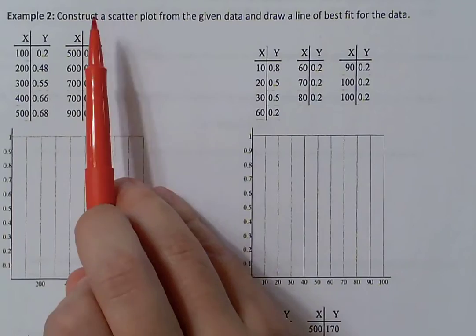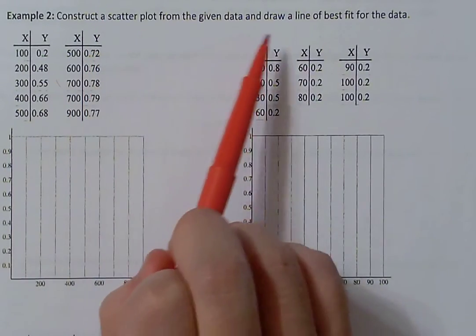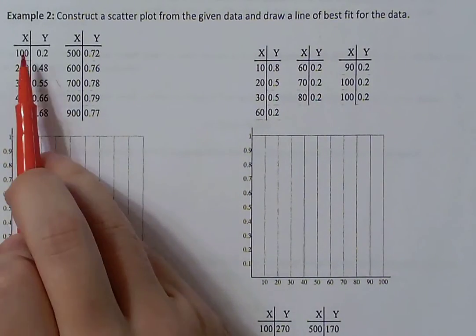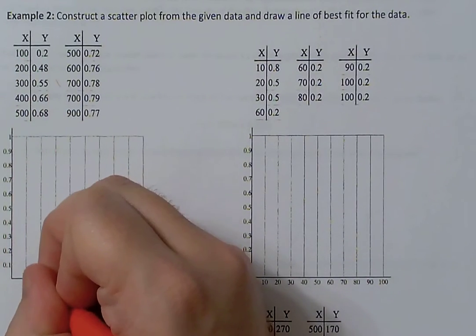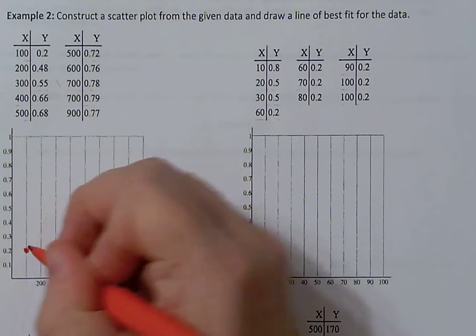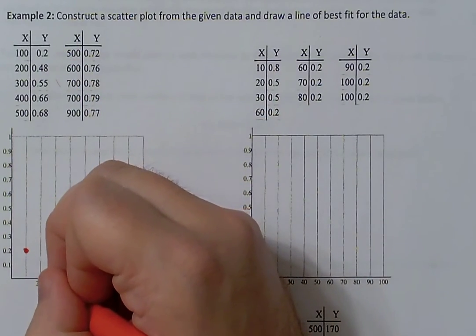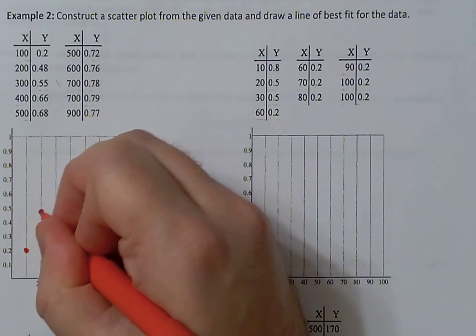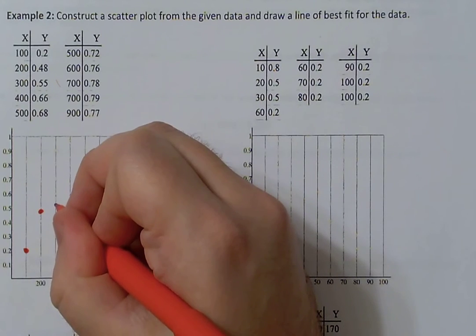So we need to go through and construct a scatter plot for this data and then draw a line of best fit. So if x is 100 and y is 0.2, so 100 and 0.2, 200 and 0.48, 300 and 0.55,